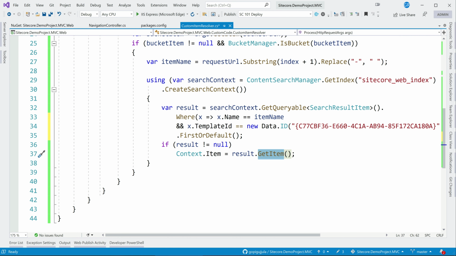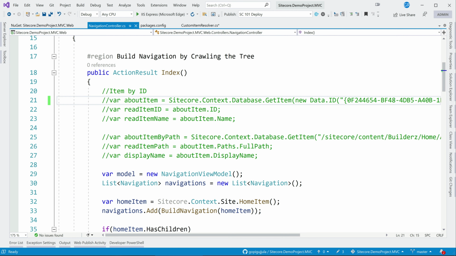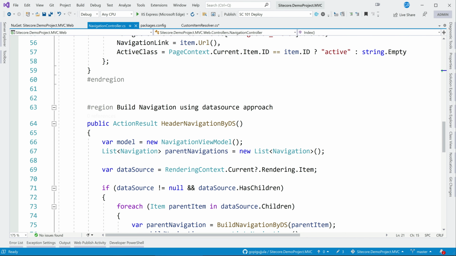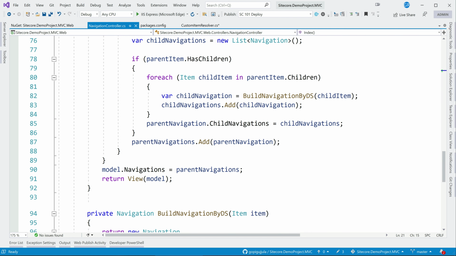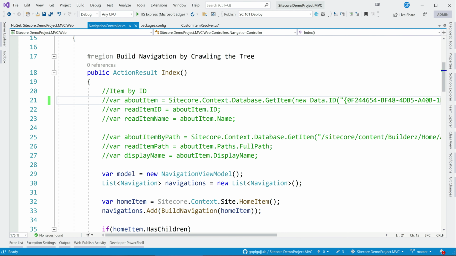So finally what the item resolver, or our custom item resolver, needs to do is fetch an item and set it as context.item. Remember, this is how we were accessing context.item as well. So if you go here, Sitecore context.item, yeah, some places, that's fine. Anywhere you want, you can fetch Sitecore context and it will have an item. Item means the current page.